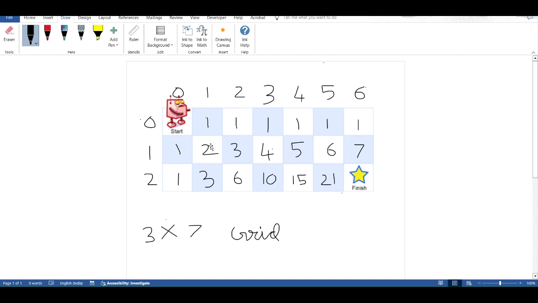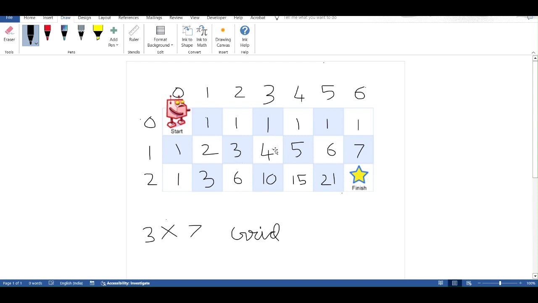So we can see that there are two ways to reach it, which is from the top or the left. So we will add the number of ways to reach it from the top and the left, which is 1 plus 1, which gives us 2. Now, similarly, for the 1 cross 2 grid, we will see that at the top there is 1 and at the left there is 2. So the number of ways to reach it would be 3, by adding 2 plus 1.